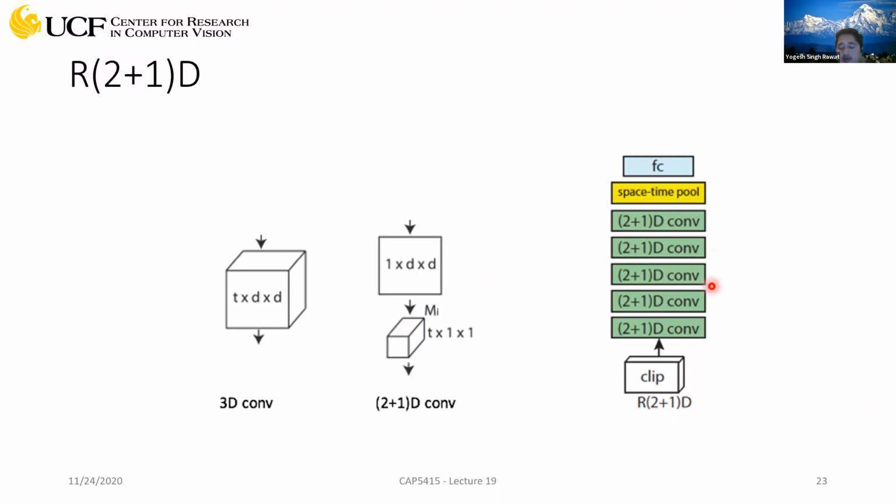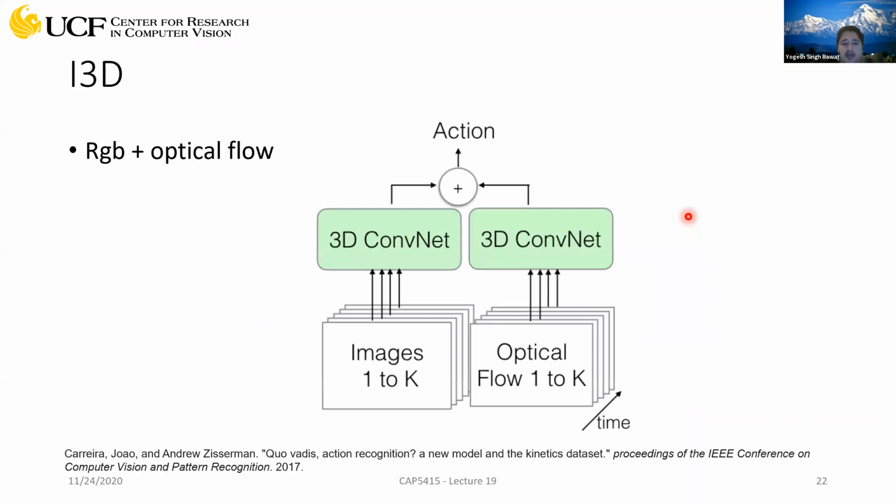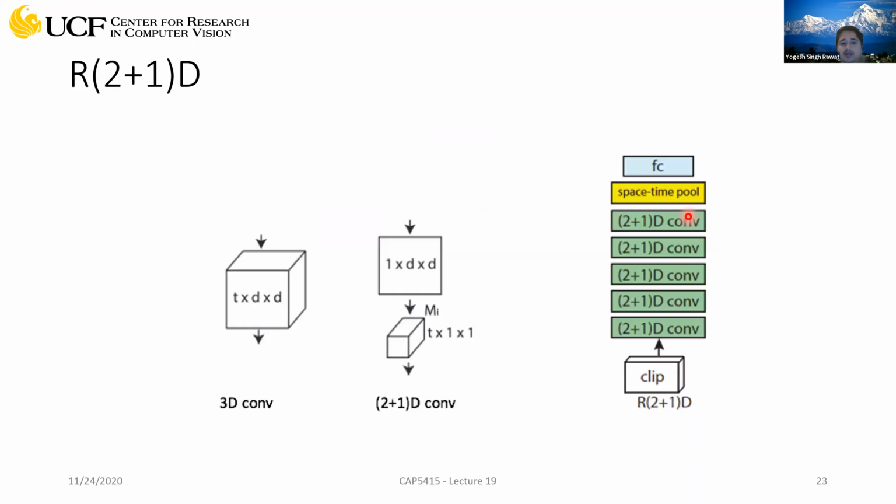All right, so this is one simple architecture showing this (2+1)D convolution kernel. You have the input clip. This is just a series of these convolution operations, and at the end you have this fully connected layer which you can use for classification. Okay. Now these are the 3 variants for action recognition or video classification. They are also used for extracting features from videos. And these 3 are different, and these are not the only ones.